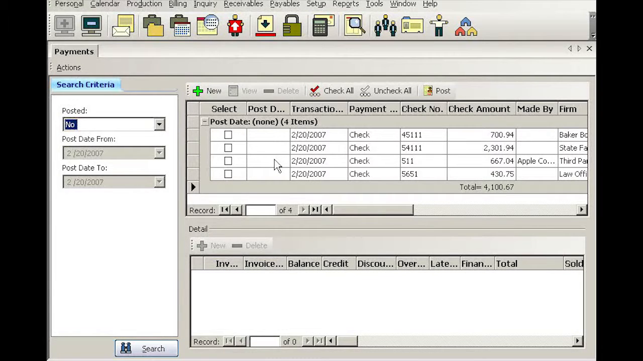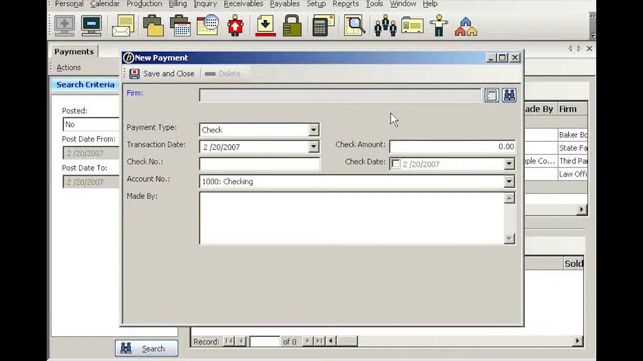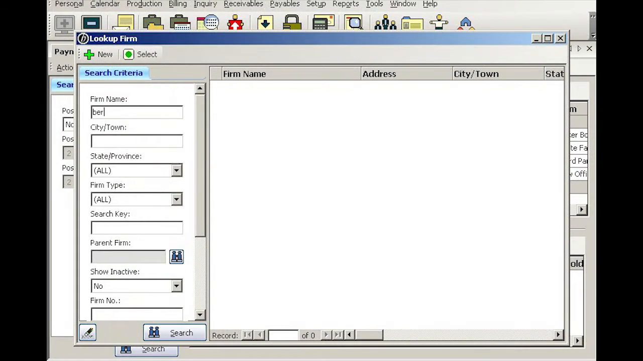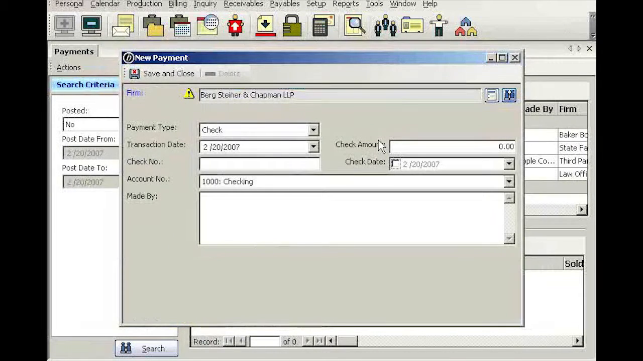When you have a check from, let's say, an insurance company paying many invoices, you can process those invoice numbers in batches. Let's take a look at an example. I'm going to add a check from, well, let's say actually this is from a law firm. They just settled a big case and they're paying you a big check, Bergsteiner Chapman, and I'm going to say